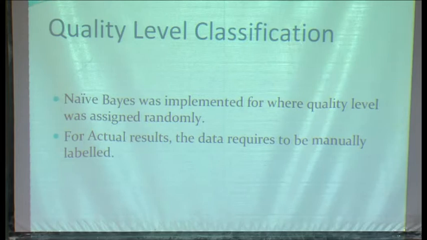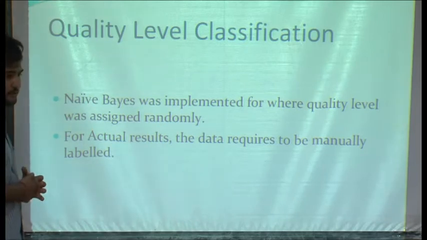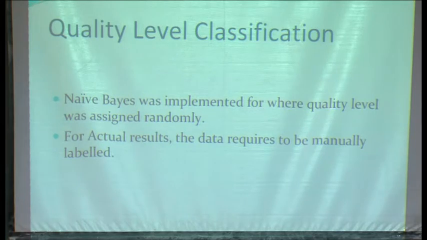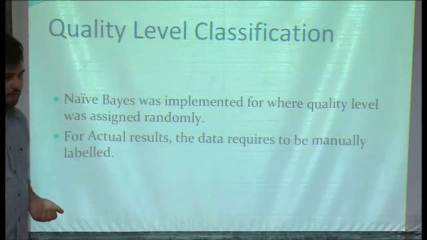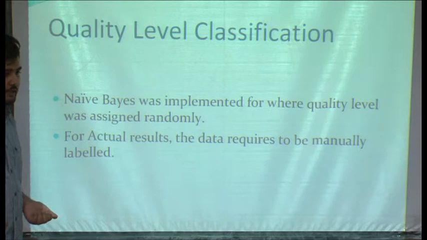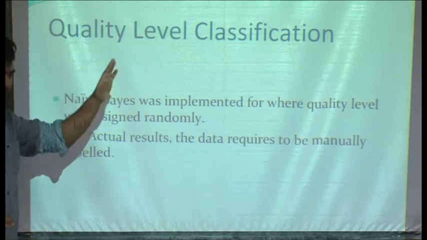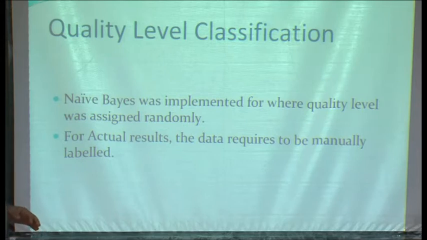Now quality classification. I implemented the code for the classification, but that requires manual labeling of all the data points for quality, as in one person has to sit down and say this is good quality and label it on a scale from 1 to 5, or in however many classes you want. You have to label it manually. This was not manually labeled, so the code was run for random assignment of the quality levels. Hence the result is pointless, but the algorithm is there.